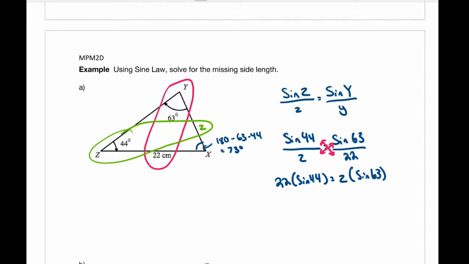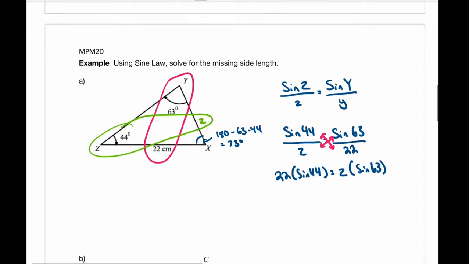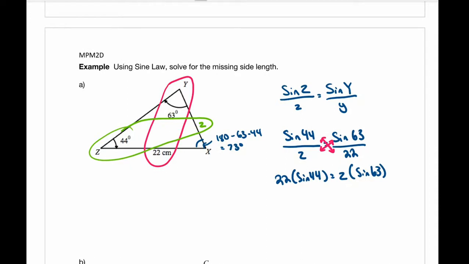To get z by itself, I want to move the sine 63 over. Because I'm multiplying by sine 63 on the one side, when I move it over, it becomes divide by sine 63. Z's by itself, so now I can solve this one side to get my final answer. Because again, sine of an angle just becomes a number, like we've seen in the past. If you want, you can do this all in one step on your calculator, or you can go through it step by step, simplify the top, where you get